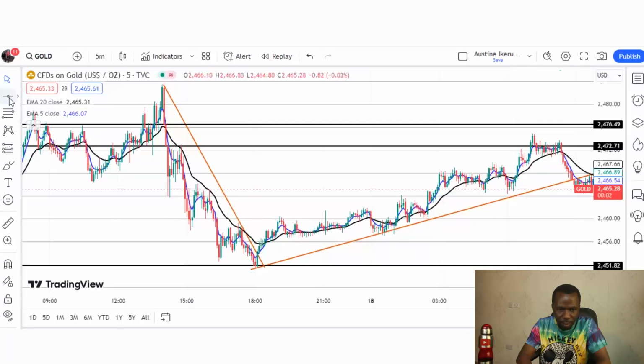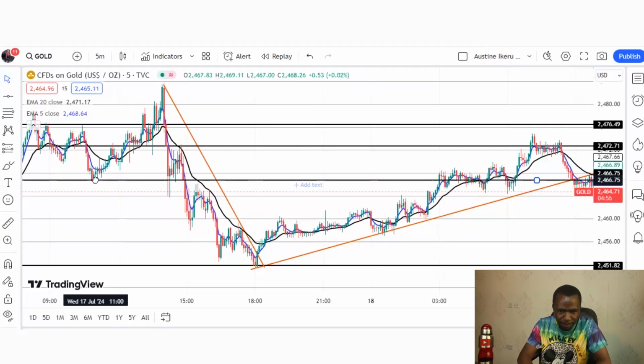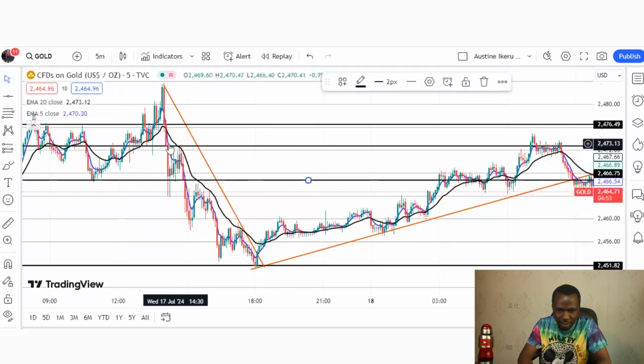So before that, we are looking at an area where we know that the price can reverse from. If you watch, this is where we are suspecting the price to reverse from, right? So we enter the sell trade here. Our stop loss will be above here, and then we target the previous swing low, right? So this is the previous swing low, and this is going to be our take profit, right?